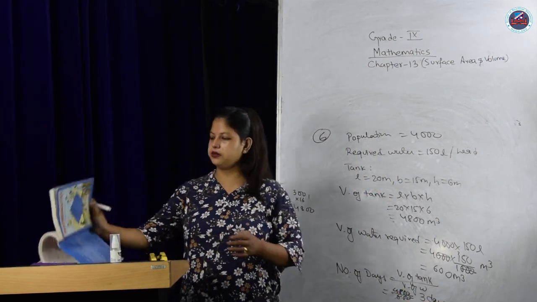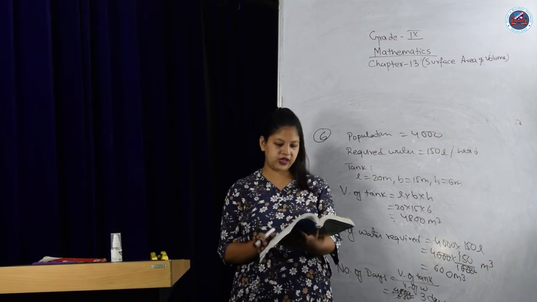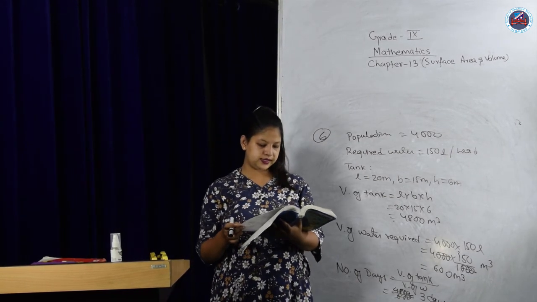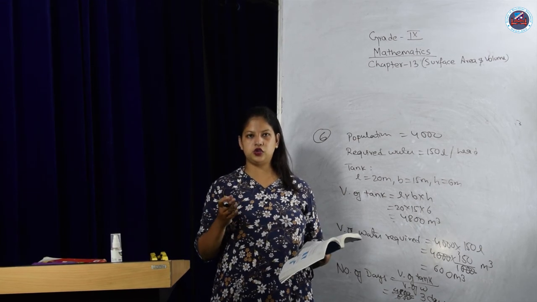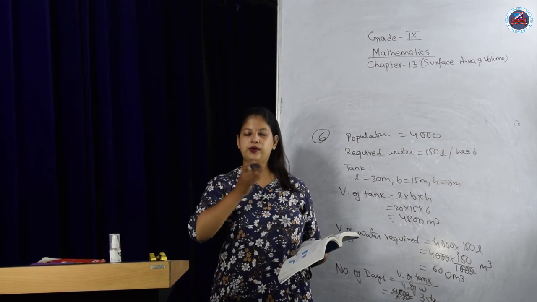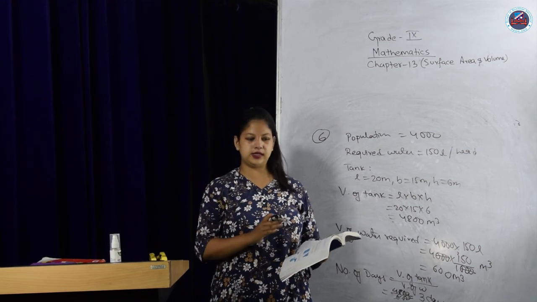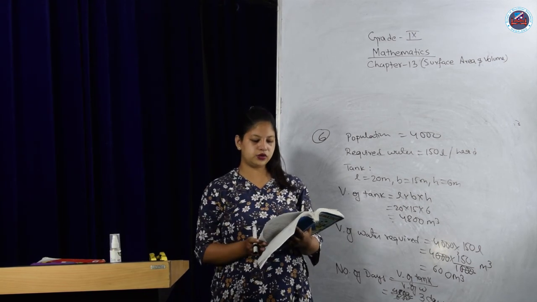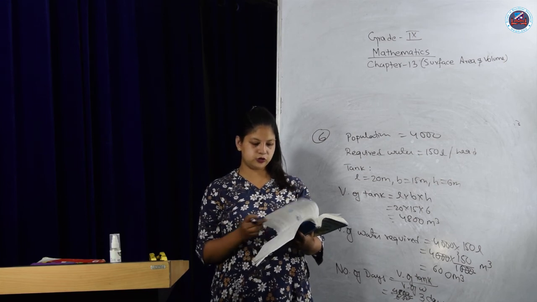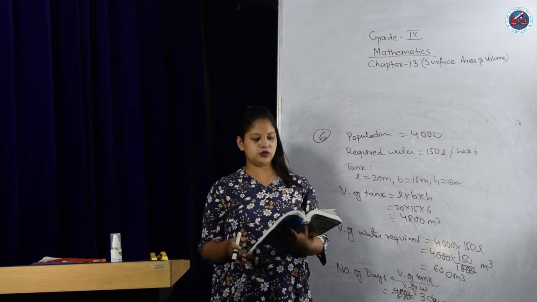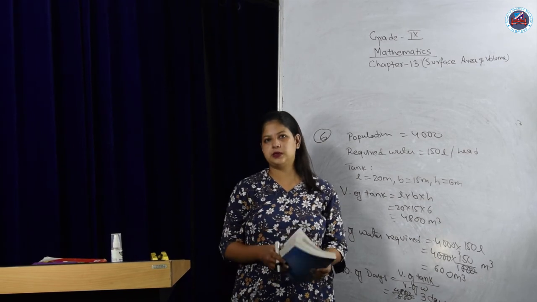Like that, the remaining you can do: 13.5 and 13.6 also, with a similar concept. Whenever centimeter cube comes up and you want to convert to liter, remember 1000 centimeter cube is 1 liter, and you can do this particular question. 13.7 you can also do, and 8 also, because the concept is the same, volume only.